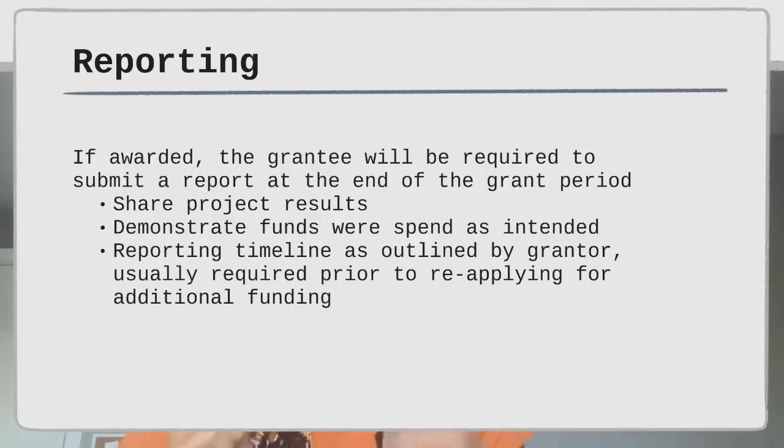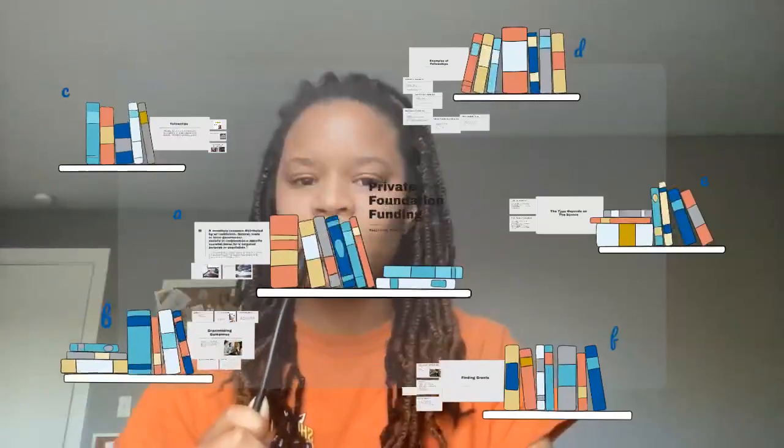If you served 30 youth before you got funded by a funder, and then with that funding, you were able to serve an additional 50 youth, make sure to outline the impact of that by talking about how you were able to expand your service population using the funding. These are reports that the grantor also needs to continue to support their foundation. And so if you aren't successfully submitting those reports, more likely than not, you won't be refunded. So make sure that you're tracking that data as you're doing the work.